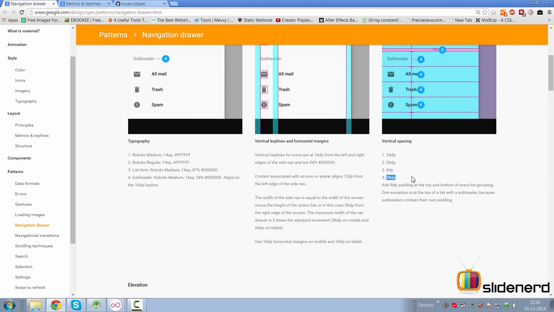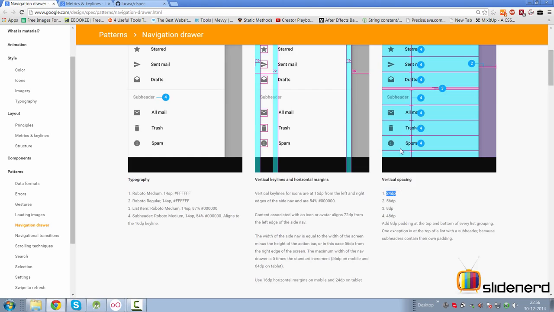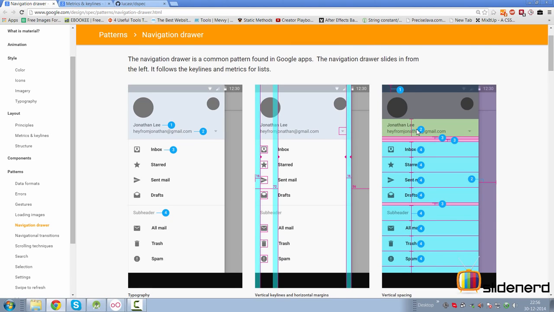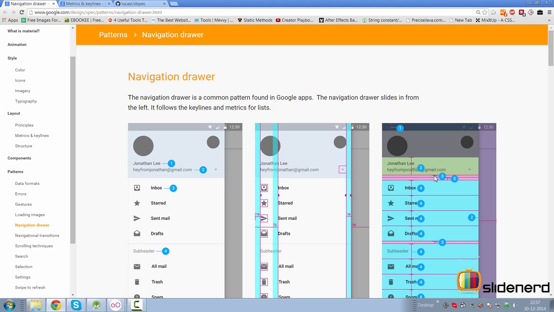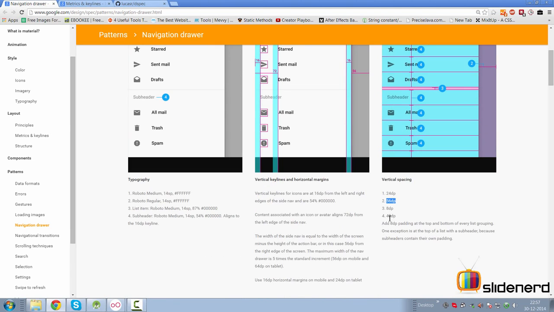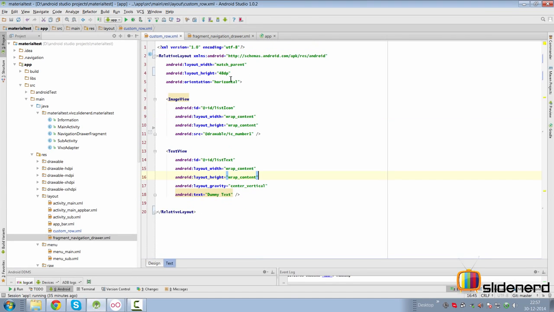If you go further down here, again those are the same sizes that I mentioned. Vertically, this is a 24 dp status bar at the top here, and where they have written the email names, basically 56 dp in size. Then there's a divider here, which is this full bleed divider that you see. There's 8 dp above the divider, 8 dp below the divider, and then each item is basically 48 dp in size. So we go here to Studio and we set up our custom row to have a height